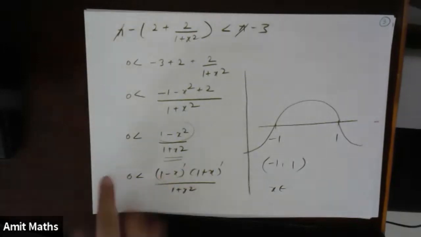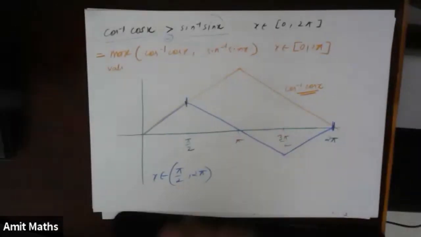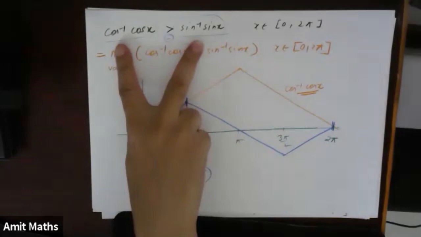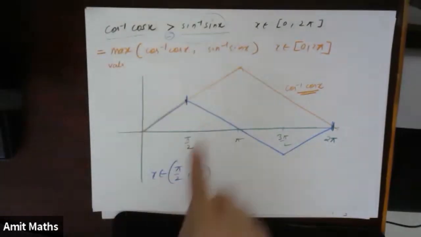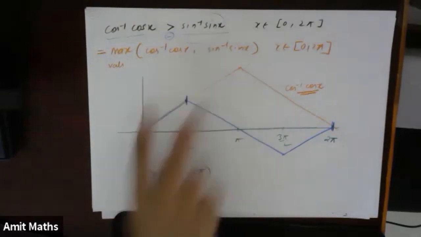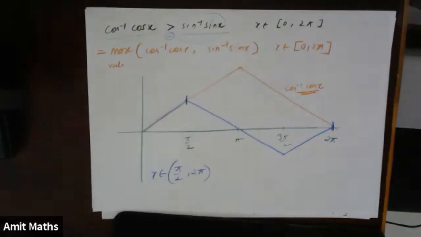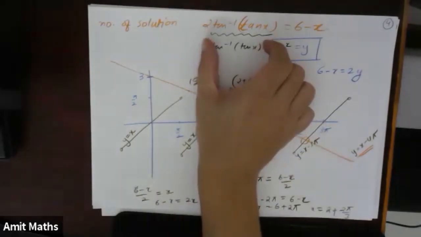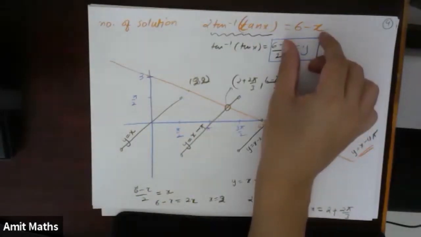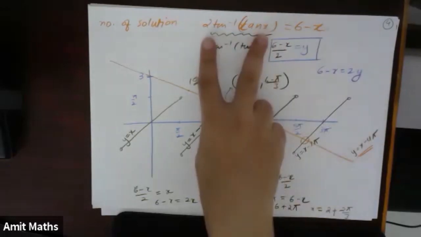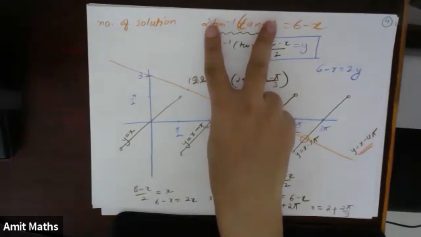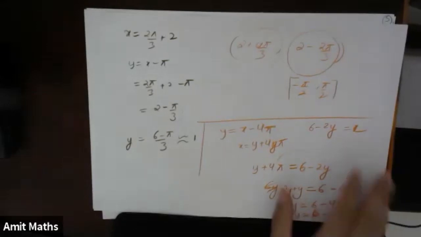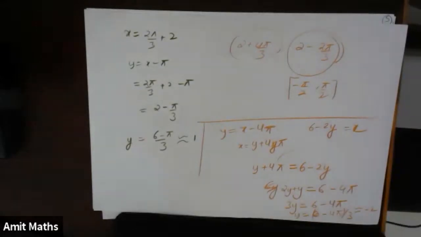But these kinds of questions, where you have to find the number of solutions, or the range in which this thing is lying, are generally asked for you to solve using graphs only. This kind of question you can solve only by graph, because here you have inverse trigonometry on one side and a linear graph on the other. If this was exponential, linear, logarithmic, linear, you can only solve this using the graphical approach, because there is no easy solution. You cannot just find x is this, x is this.